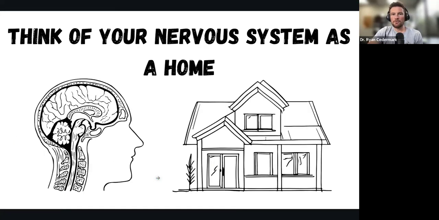So if you remember from the first talk that I did, the way that I approach brain rehabilitation is I think of our nervous system as a home. And the reason for that is it's just the way I see it in my head when the brain